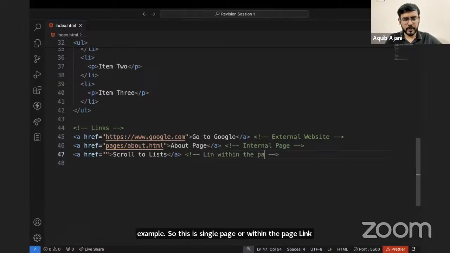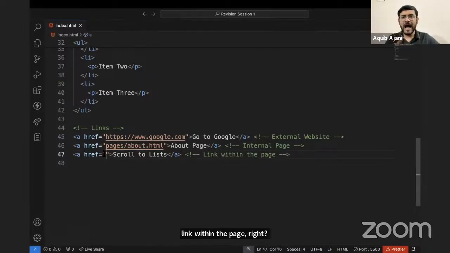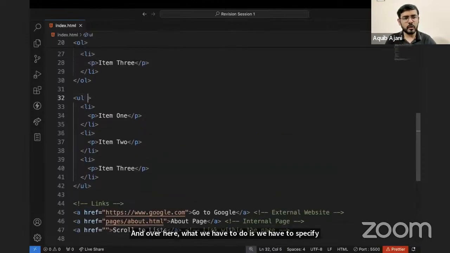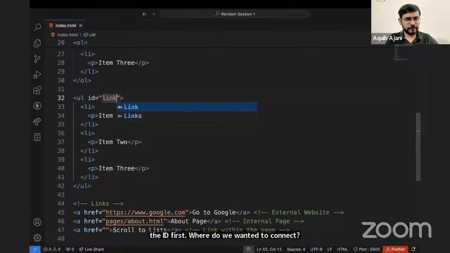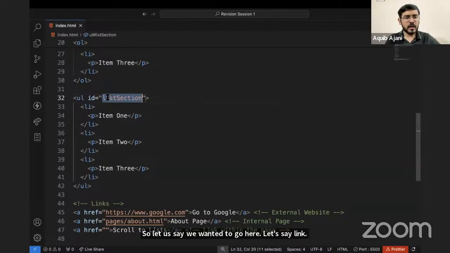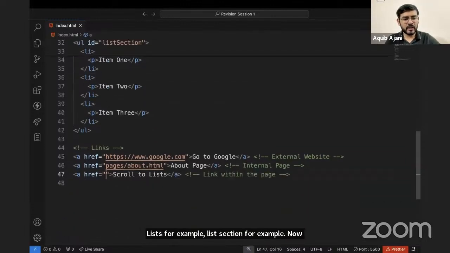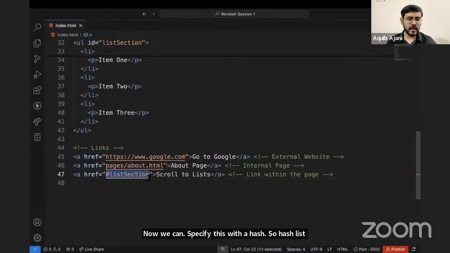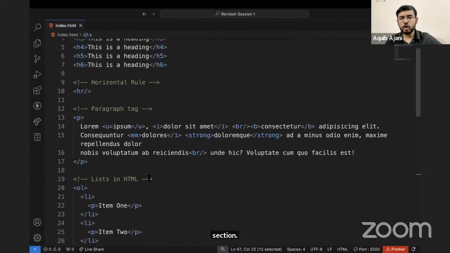Link within the page, right? And over here, what we have to do is specify the ID first. Where do we want it to connect? So let us say we wanted to go here. Let's say link lists, for example, the list section. Now we can specify this with a hash. So hash list section. This will tell the browser that we actually want to scroll down